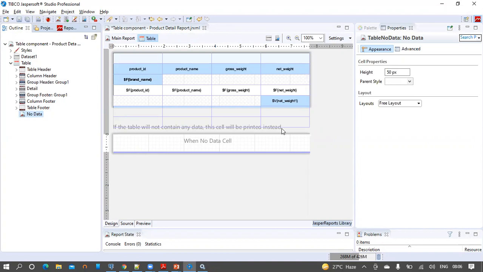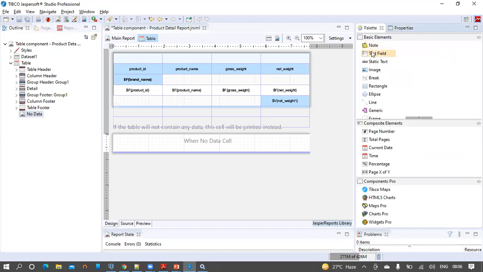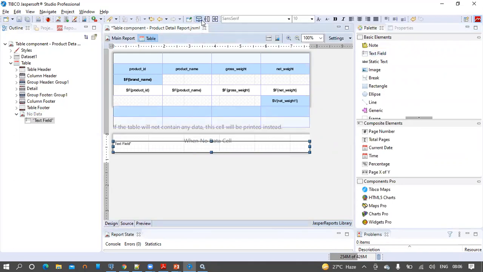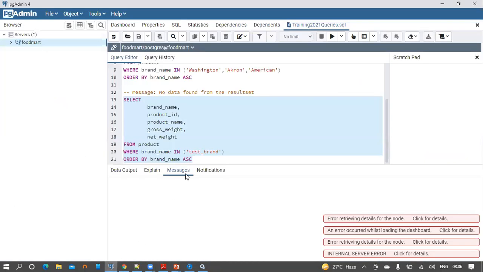As we have seen, there is no data retrieved from the database. We want to display some custom message to the user. For that, let us add a text field to this band, expand it, then let us take this message, no data found from the result set.